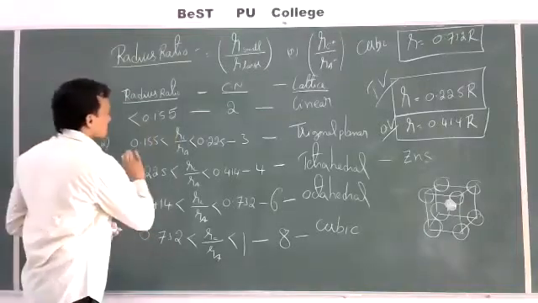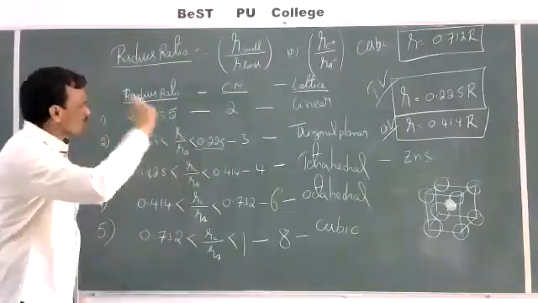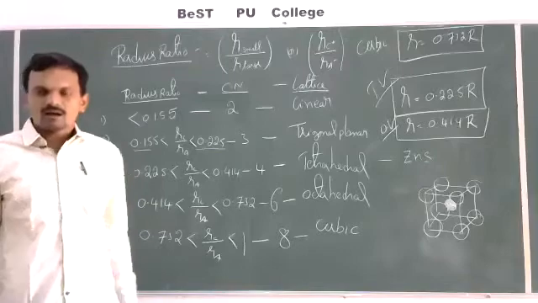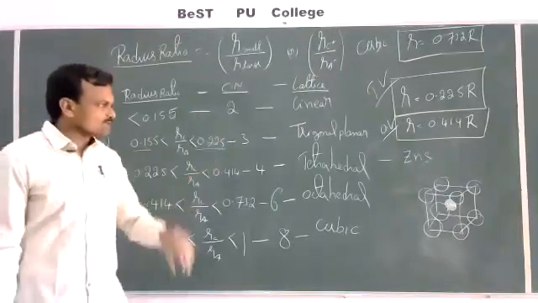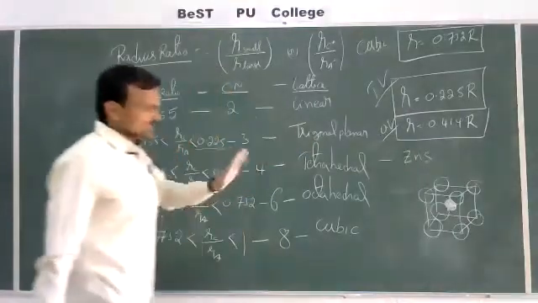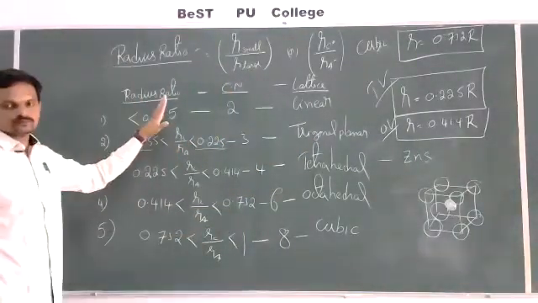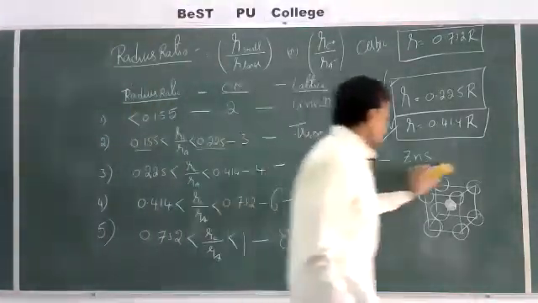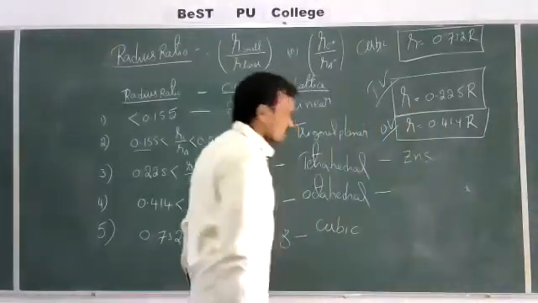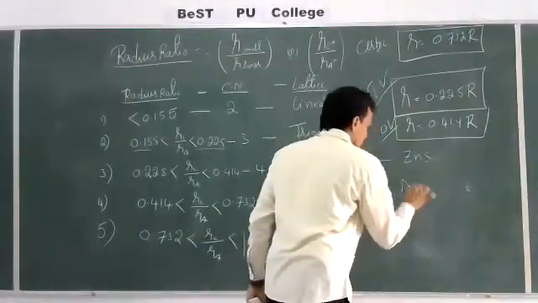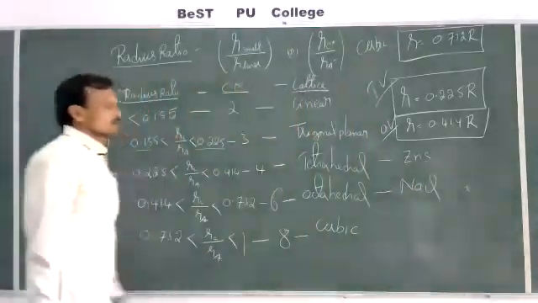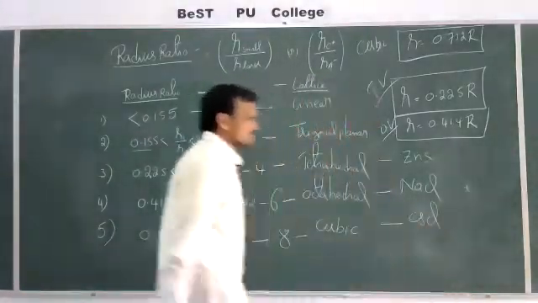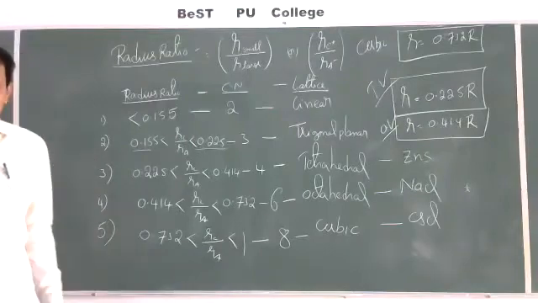Actually, how are these values obtained? There are derivations for each type of void: triangular void, tetrahedral void, octahedral void. For all these, derivations are there, but they are not included in the syllabus, and not necessary either. Just remember these ranges, that's all. Based on this radius ratio range, we can predict what type of lattice it forms. Now see, for example, this octahedral void is formed by NaCl, NaCl has this type of lattice, and the cubic one, cesium chloride has this type of lattice.